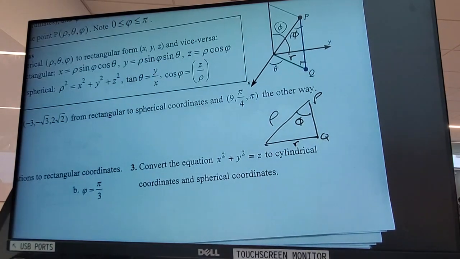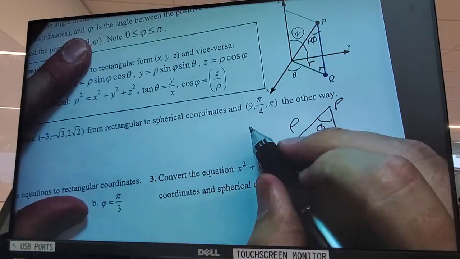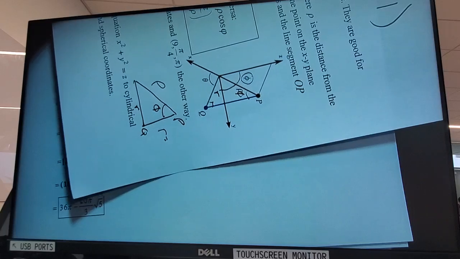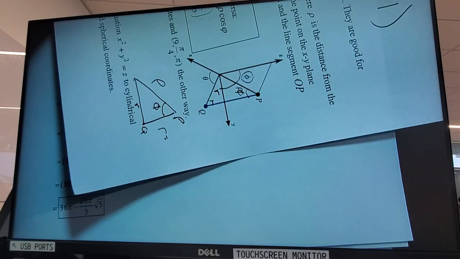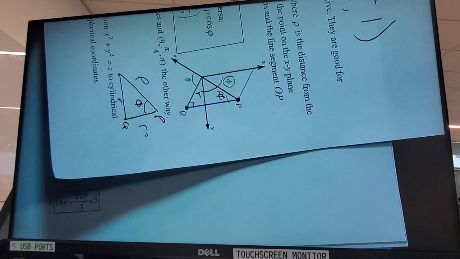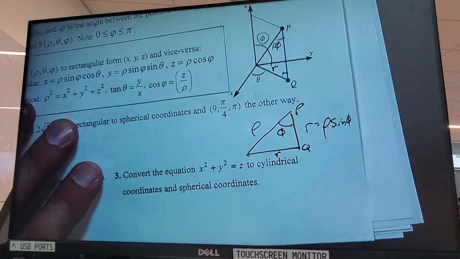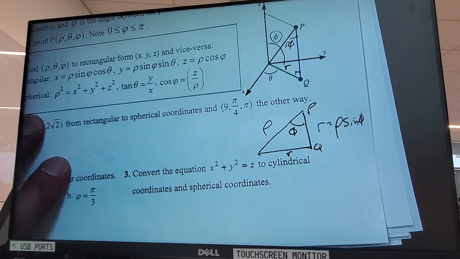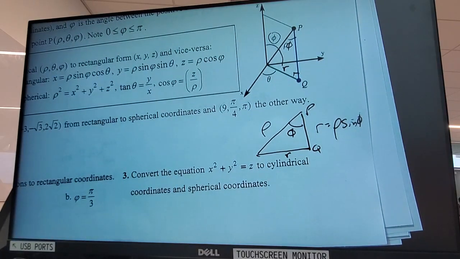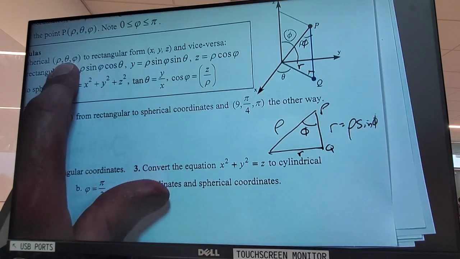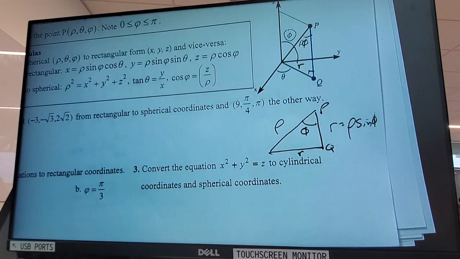What is R in terms of rho and phi? Yeah, if you look at it like this, R is the y side. Cosine? No. Phi, sine. So R will be rho sine phi. So that's what I mean by R is a middleman. R is not a part of the coordinate system, is it? But it does help me put myself into things. If I was in the xy plane, that's what we would call R. How do I extend that? R is rho sine phi. Okay,